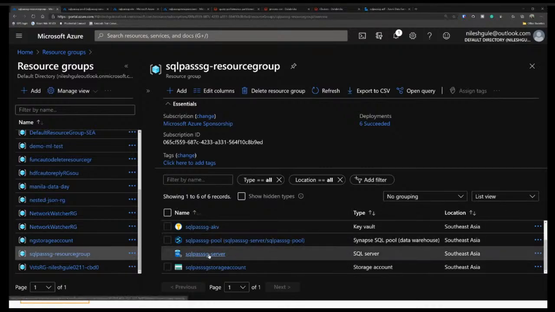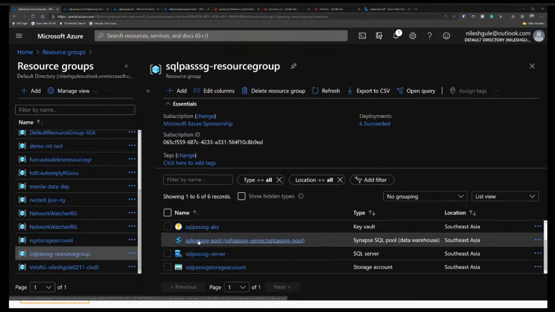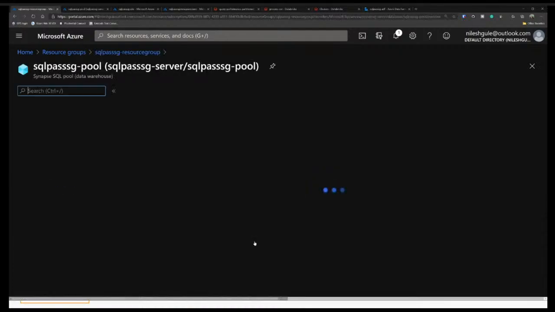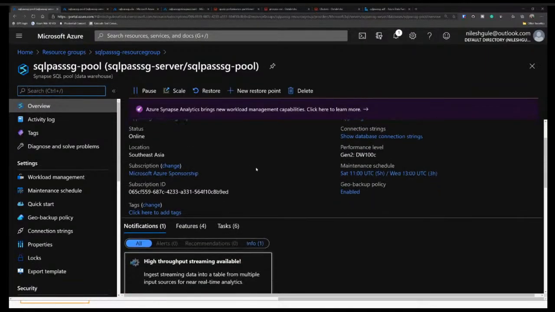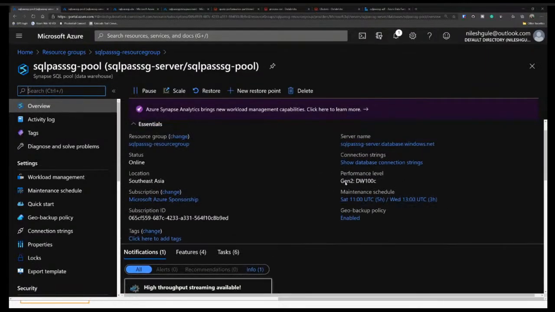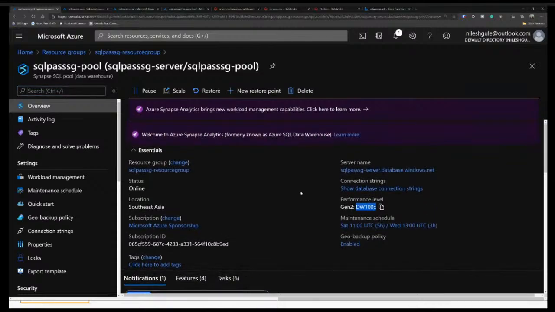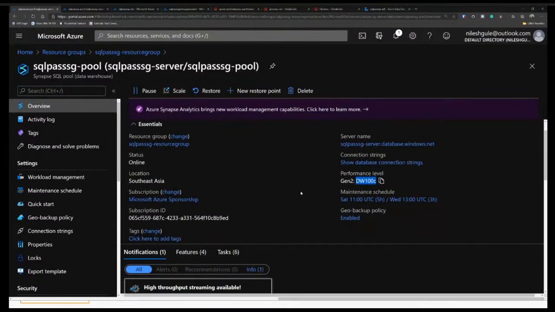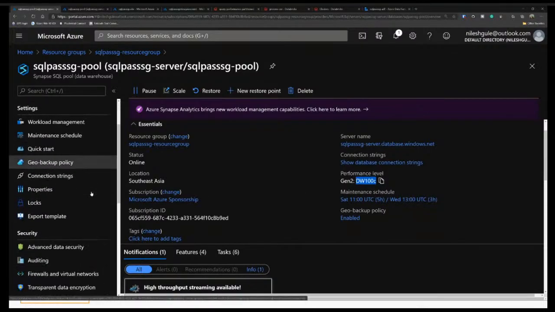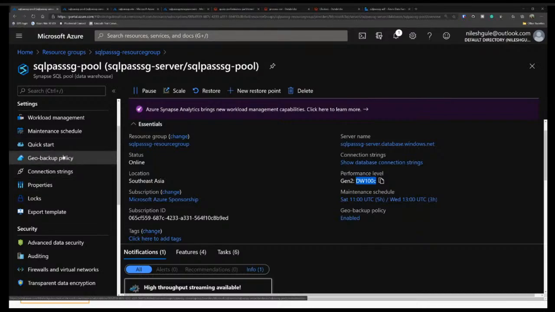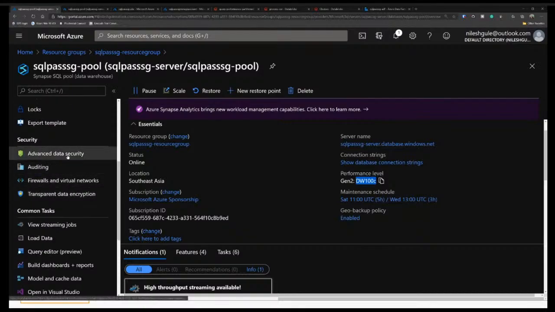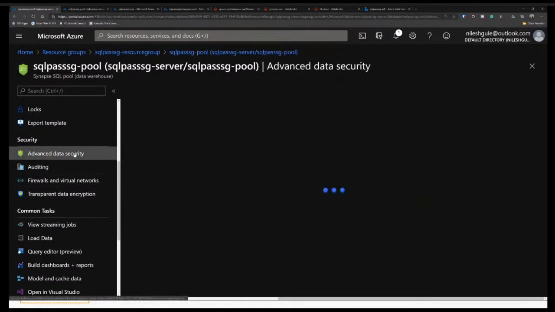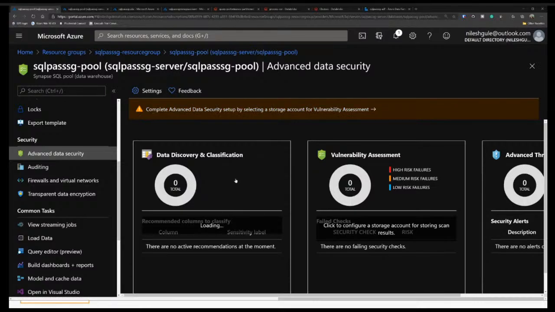You can see here that I have the SQL server and the SQL pool created. Let's go into the SQL pool. We can see that it has Gen 2 DW100 units because I created this with the minimum configuration, and it has other features like geo replication and geo backup. In terms of security, we can have advanced data security enabled, where we can look at the classification of the data.